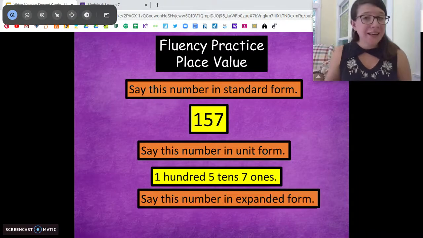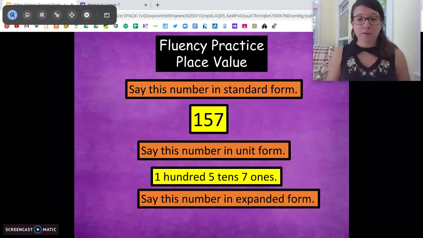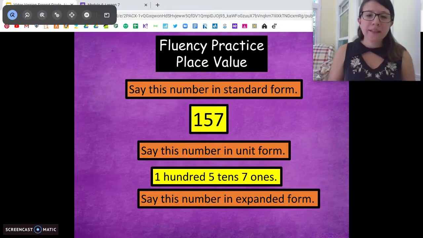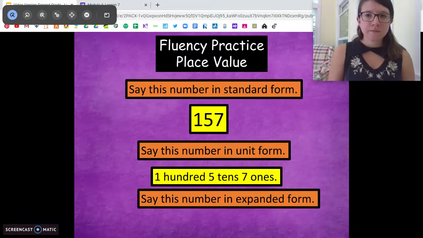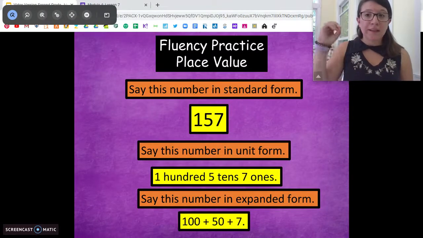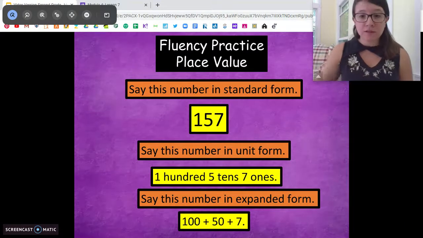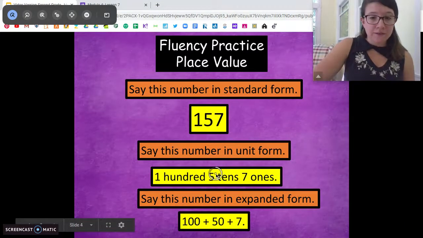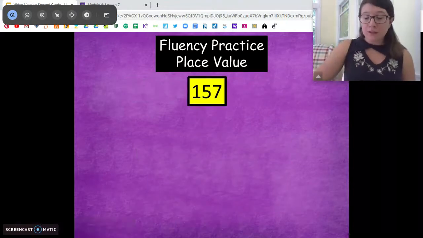Awesome. Now we're going to say it in expanded form. Do you remember that? That's when we add the different values of the parts together. So tell me this number in expanded form. You should say 100 plus 50 plus 7. We're breaking down the number into its parts. So we have 100, 5 tens equals 50, and 7 ones. Awesome. So this number is